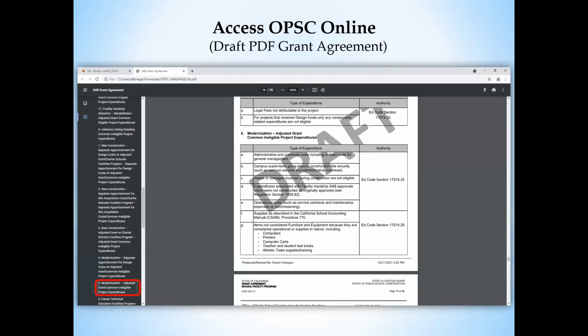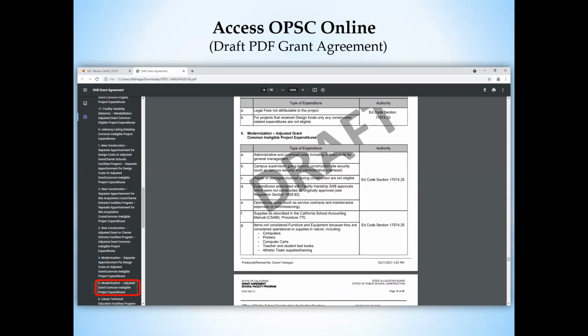So we click on that 5, and that takes us straight to the table, the modernization adjusted grant common ineligible project expenditures. So it makes it really useful to, rather than have to scroll page by page, it is 98 pages, but not all 98 pages are specific to your particular project.